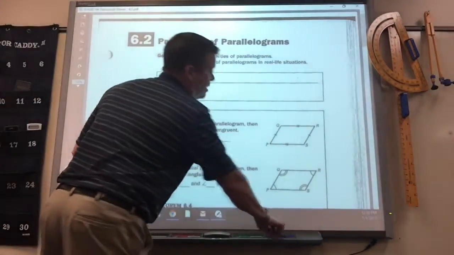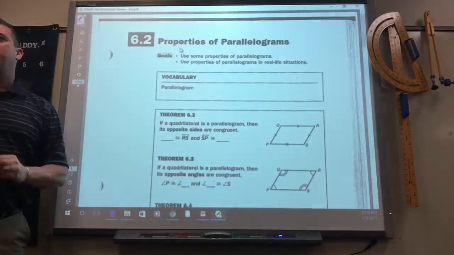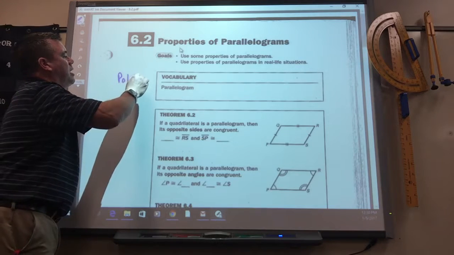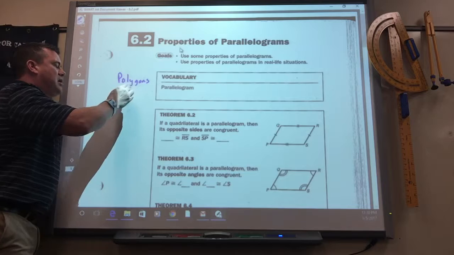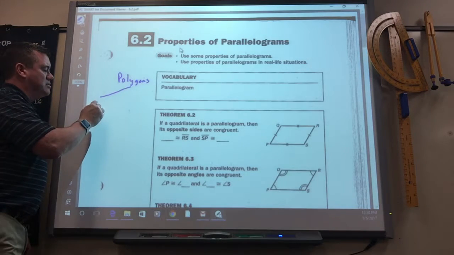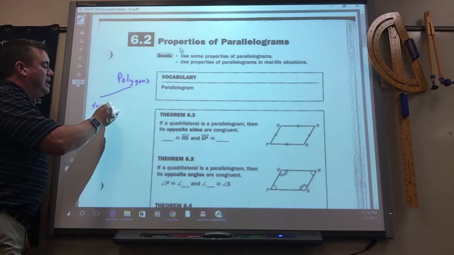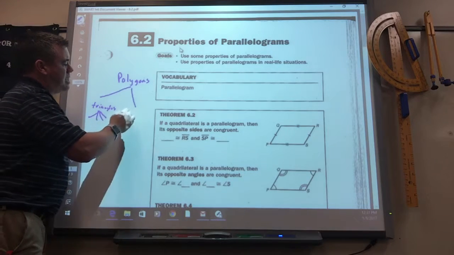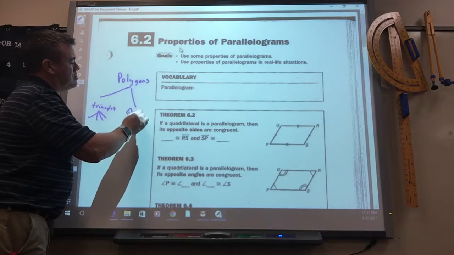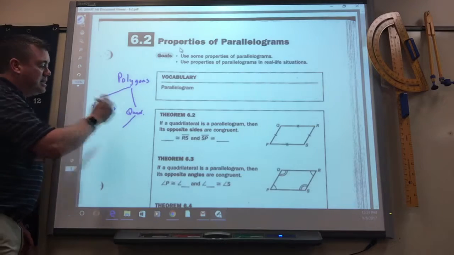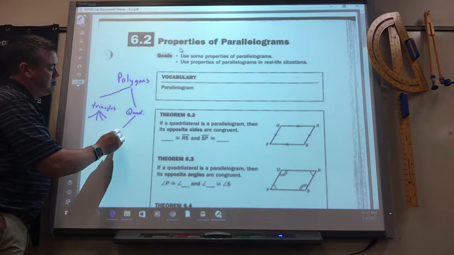So, parallelograms. Remember yesterday I showed you the way things are split up? Of the polygons, polygons are split into categories. We've already done triangles. Each of those had their special type of triangles. Then this chapter we're doing quadrilaterals. Quadrilaterals has different categories. Today we're doing parallelograms,